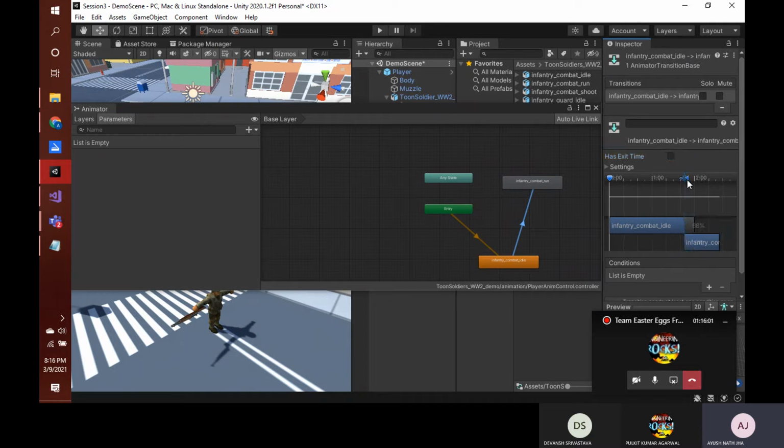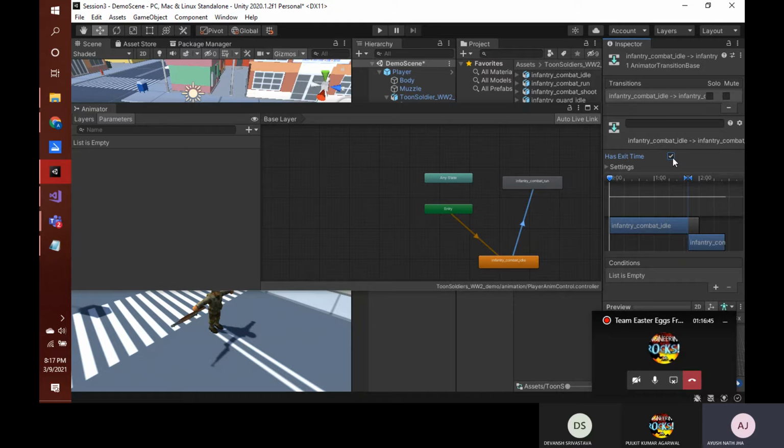and you can click this slider and drag it to squeeze it to 0. Because what happens if you click on has exit time is that if you want to start to run while the idle animation is running, every animation has a seamless loop, and it has a particular time for which that animation is recorded. So if you click on has exit time, then as soon as you press this up or down key, you want your player to move, it will move, but the animation will not change suddenly. So you will have a very staggering transition.